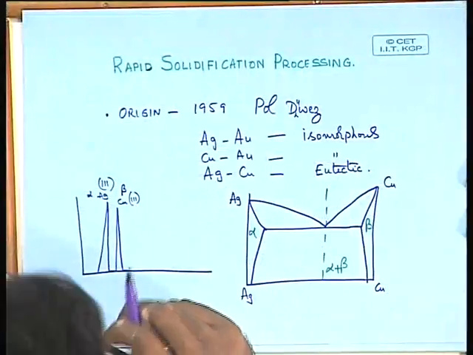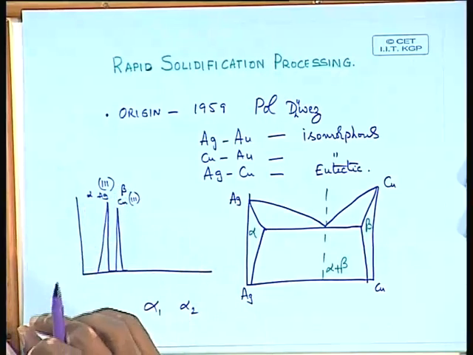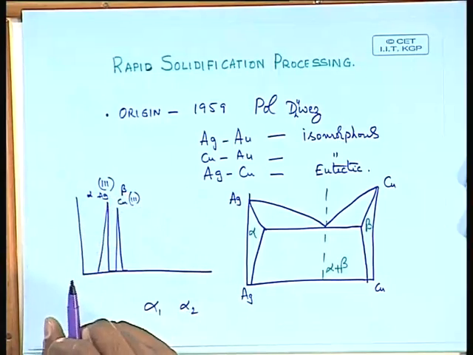Usually in metallurgy beta is reserved for BCC structures, so we usually refer to them as alpha 1 and alpha 2, because alpha is for FCC, beta is for BCC usually. So anyway, it does not matter whatever the notation is. What you see is two peaks, one of one solid solution and another of the other solid solution,